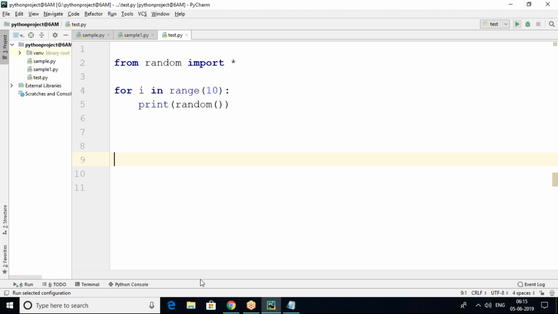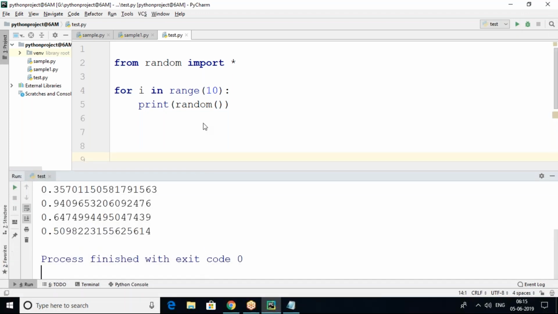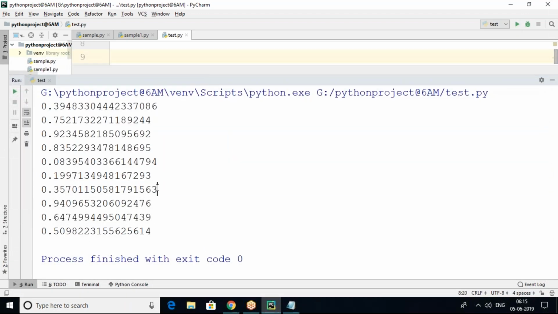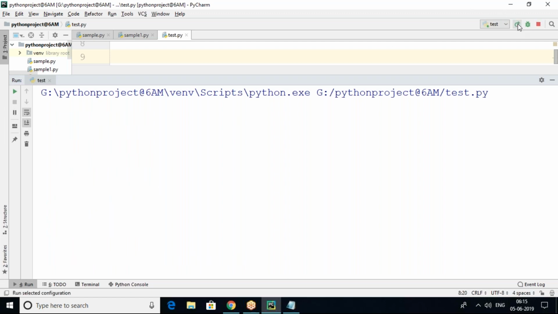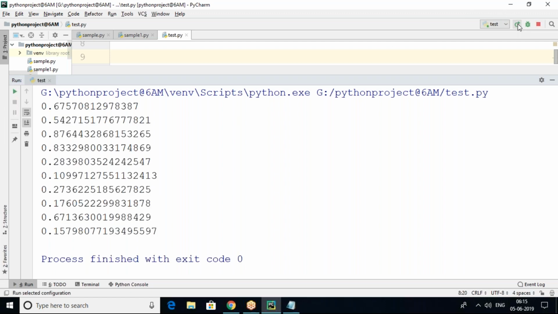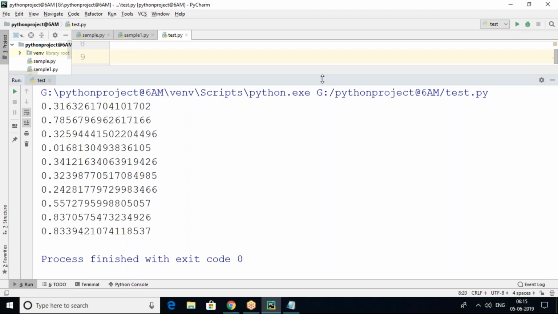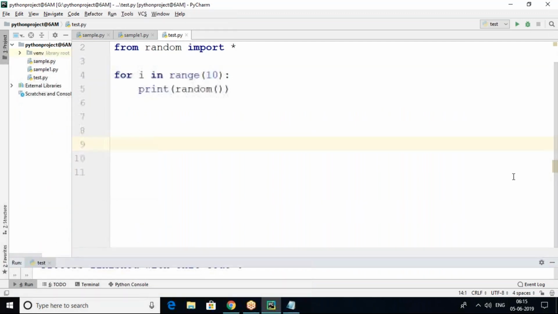So this function will generate how many random numbers? 10 random numbers between 0 and 1. That means 0 is not included, 1 is not included, randomly in between. However many times you execute, the random numbers will be completely different.